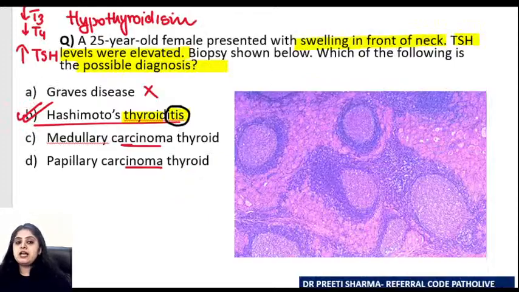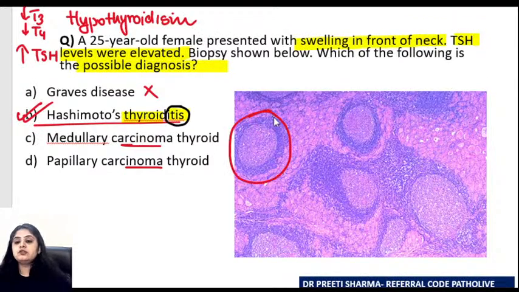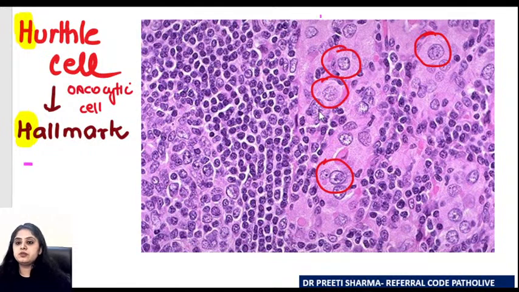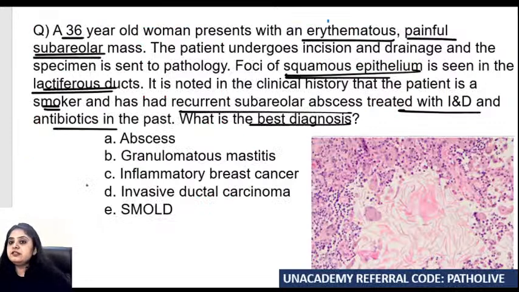I told you that you will have to look at the lymphoid follicles also, you will have to look at the thyroid also, and then if you get Hurdle cells, well and good. If I just give you a picture of one Hurdle cell, you can never make any diagnosis. So it is not at all going to be specific. I hope that's sorted. Coming back, yes, for those who answered this question, this is a classical case of SMOLD,